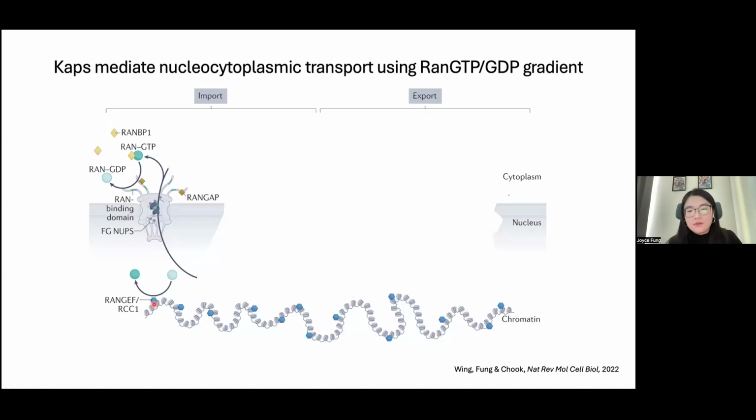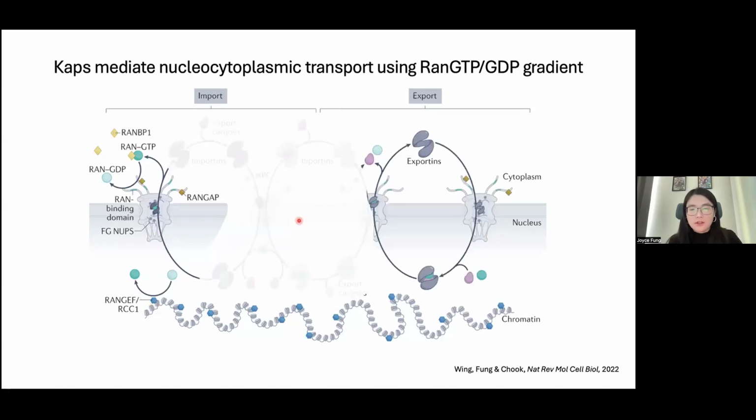And these KAPs use this gradient to do directional transport. So there are importins that go in, there are biportins that go in and out. But today we're going to focus on exportins. And so exportins are the ones that form a trimeric complex with RAN-GTP and export cargos in a cooperative manner. And now this is a functional trimeric complex that can translocate across the nuclear pore to the cytoplasm,